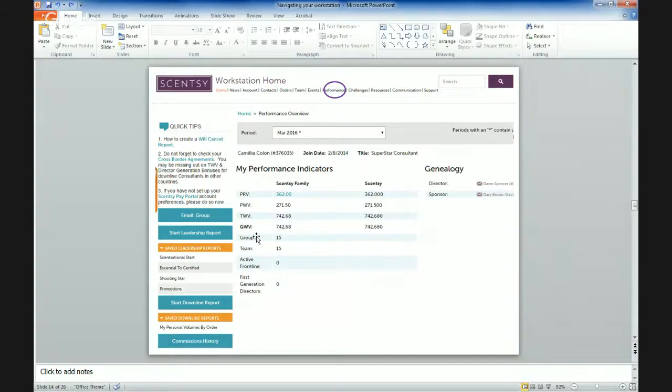I use the Start Leadership Report button a lot, which Scentsy has in there, and the Commission History button to see when commissions are posted. But you can also create your own reports. If you want to see your lifetime PRV, you can create a report just for that. It's all on there. So if I click on this Start Leadership Report,